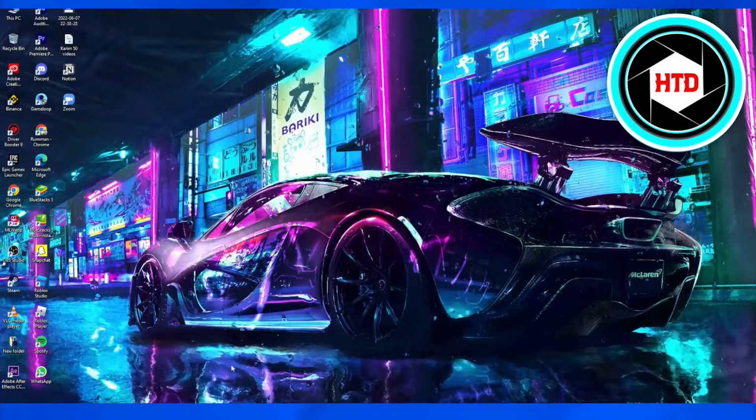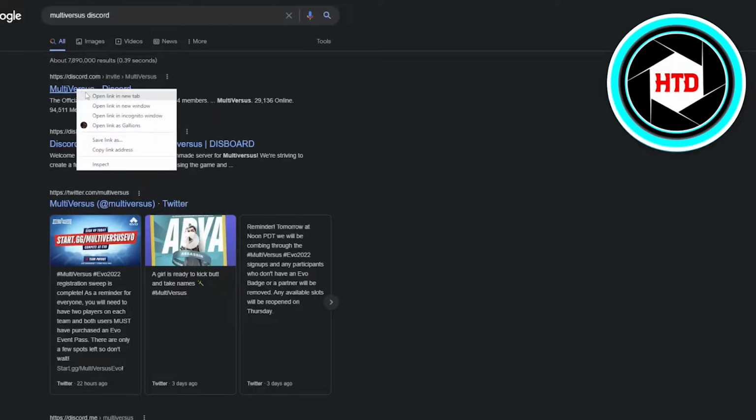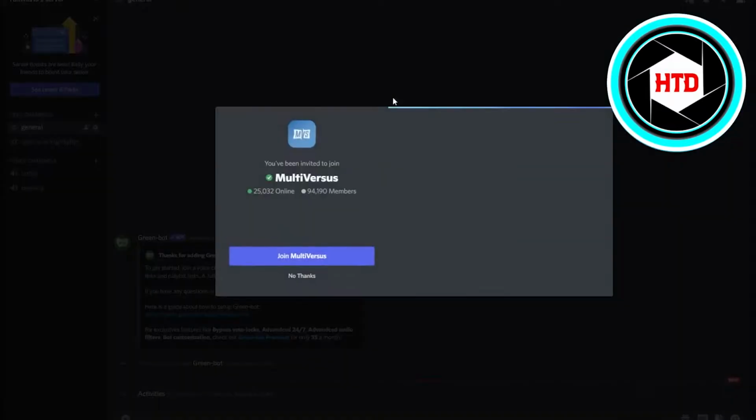First of all, open up your internet browser or your Google Chrome or any other browser that you use. And once you have opened that, just search for the Multiversus Discord in it. And it would eventually show you the top search of Multiversus Discord, that is from discord.com. And if you open it up, so what you need to do is simply get on, and you see that